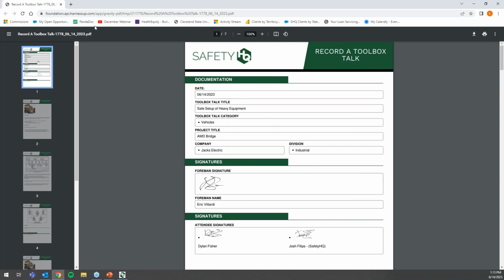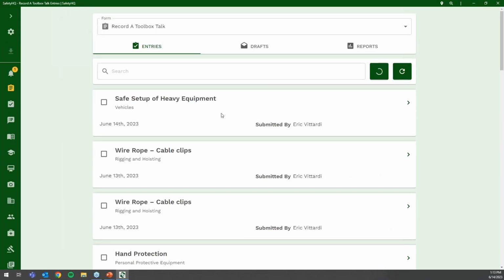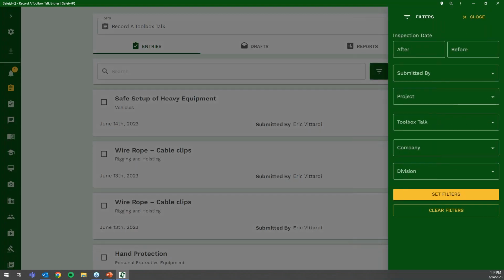Whether you're doing something like this now, I can guarantee you as you continue to expand and grow, you're going to be required to provide some of this information, whether it be to the GC, if you are the GC, maybe to the customer, or maybe keep it for your records. But in order to win some maybe more complex, maybe not even more complex jobs, but just different jobs, maybe local jobs, government jobs, things like that, you're going to have some more requirements to provide this information and show